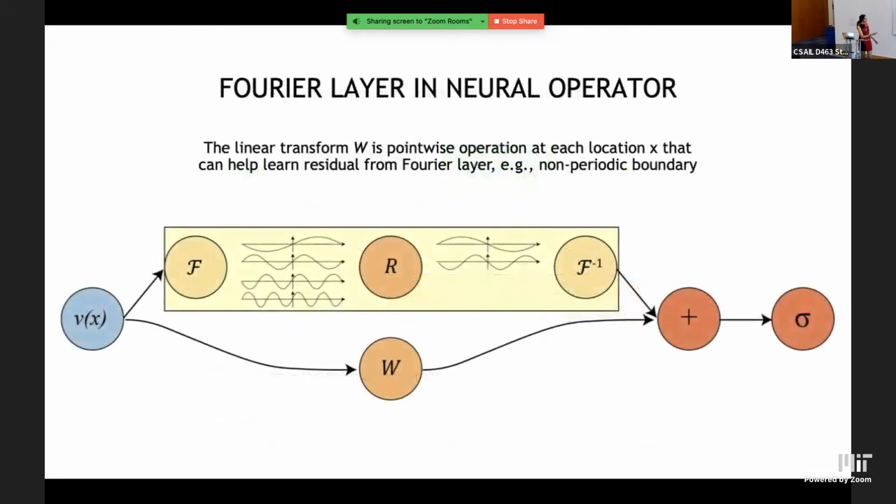And another detail is that you can have a skip connection that does a pointwise transform, like say these weights, take every point and learn a transformation, in this case a linear transformation. So, for instance, Fourier transform is very good at capturing periodic functions, right? You can do Fourier continuation and also capture non-periodic functions. But having the additional flexibility of a skip connection helps you learn better in many of our experiments. Some additional details, but they're still under the framework of